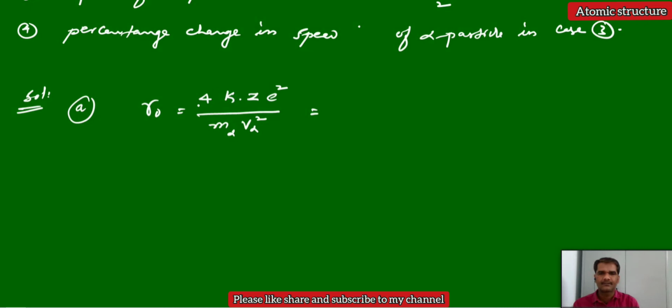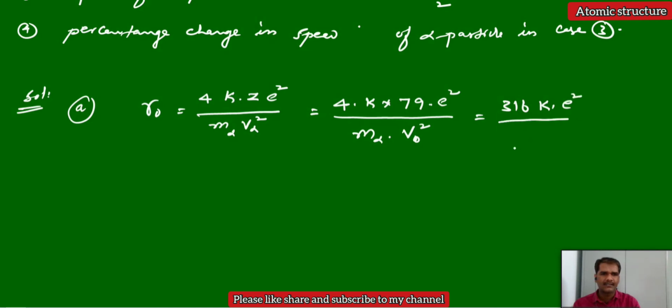That is 4 times k, here the gold nucleus atomic number 79, and charge e square. Now m alpha is the mass of the alpha particle. What is the velocity here? The velocity they gave is v naught. We don't know that value. So from this we get 316